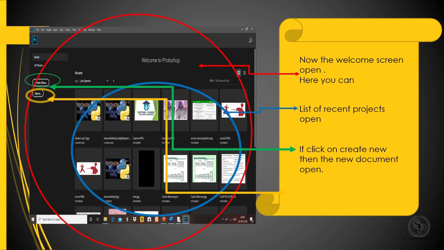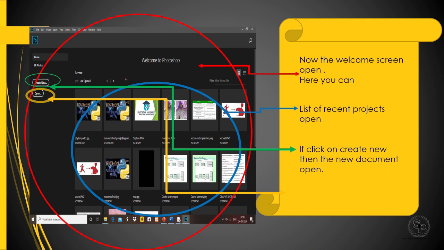Now the Photoshop welcome window is open. Here you can see the blue circle, and under this circle you can see recent projects, if there are any. Okay, so recent projects come here, and there is a create new button.